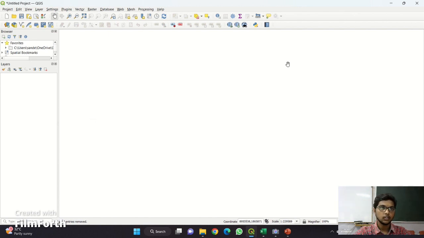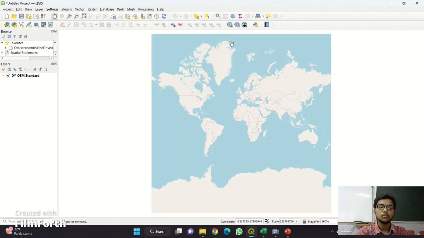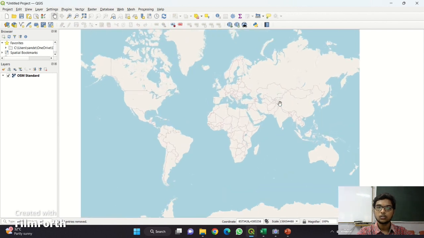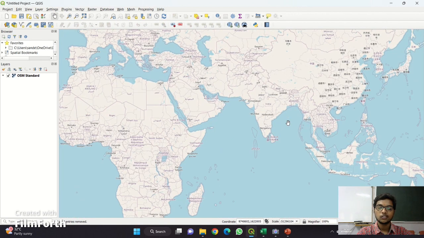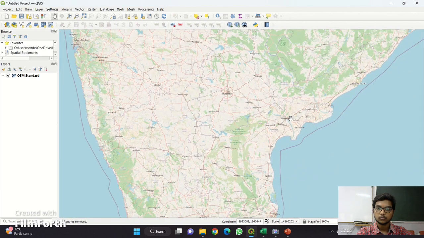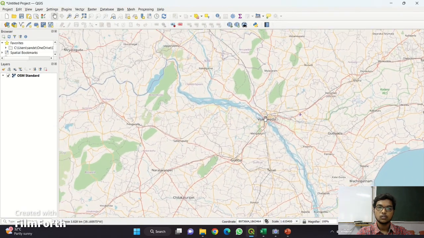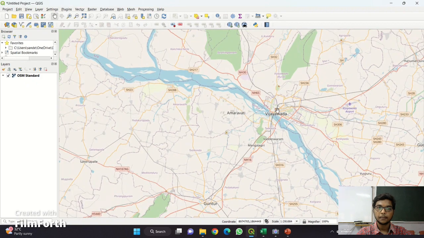Here you can see on the screen. So in this, firstly I have to go to Web, then Quick Map Services, OSM Standard. OSM is nothing but OpenStreetMap. So you will get a old map here. In this, our study area is Vijayawada. So I am going to select the Vijayawada region. So this was our study area,